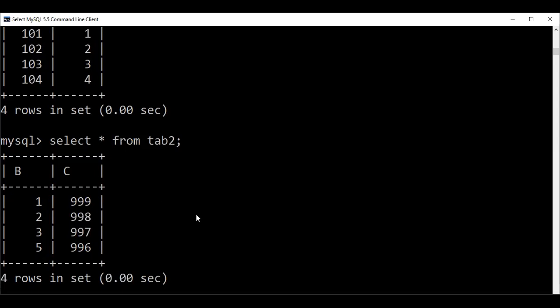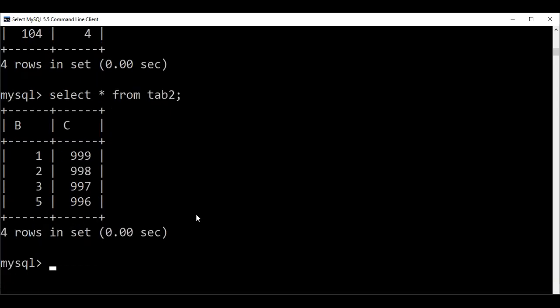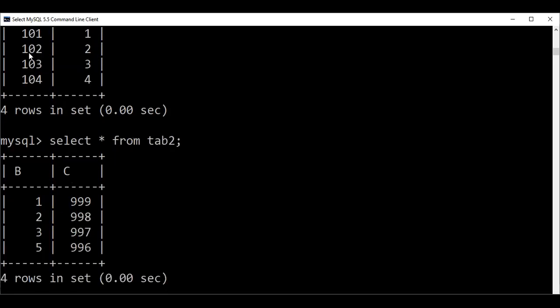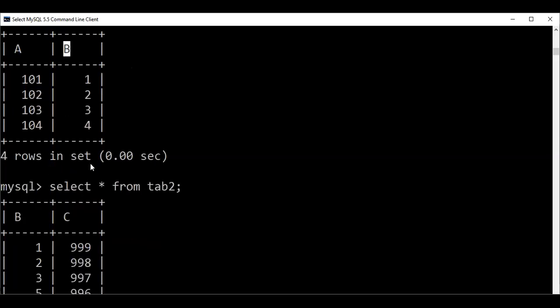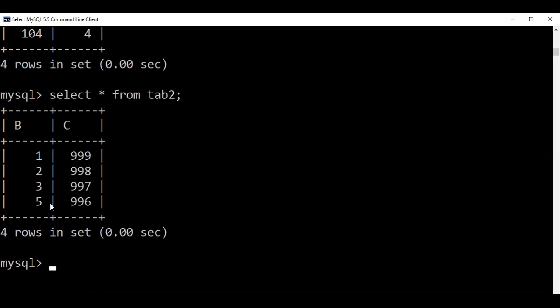That's why there are 3 kinds of outer join. First is left side. From the left side it will give all combinations of A with B, as well as those A that are left. 101 is associated with 1, so it will find 101's association with B. 102's association with C it will also find. 103's association with 997 it will find. But for 104 there is no association, so it will give a null value. You can see the difference in outer join.